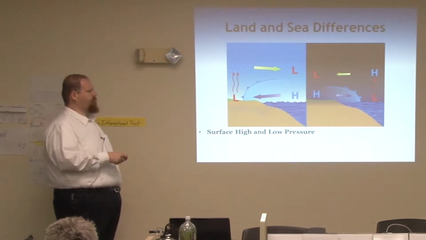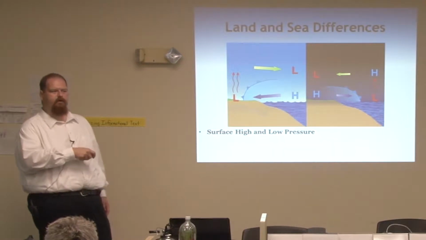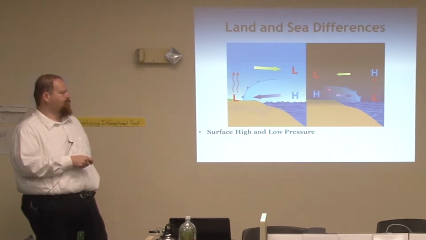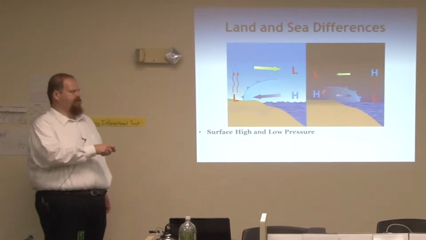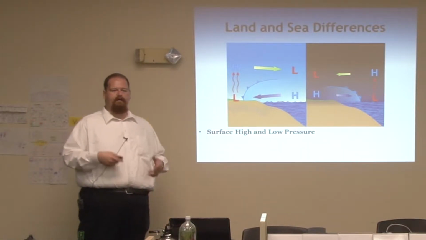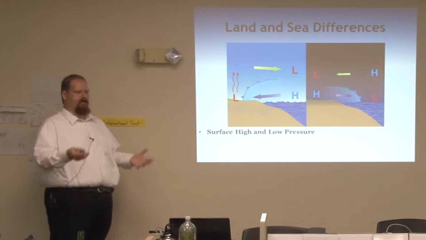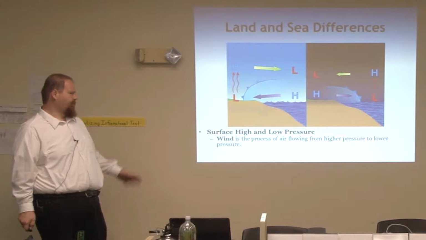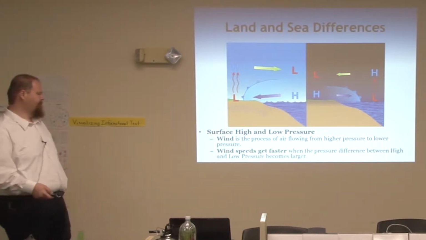So, and then less important, we won't talk about, you actually get the same kind of localized circulation. At nighttime, the opposite happens. The land cools off a lot faster than the ocean. So you actually have higher pressure over land, and then you get the wind flow offshore. And this actually works on a larger scale too. In the northern hemisphere, you got a lot of land, so you have a lot more of these type of processes occurring. And again, wind is just the process of the air flowing from higher pressure to lower pressure.